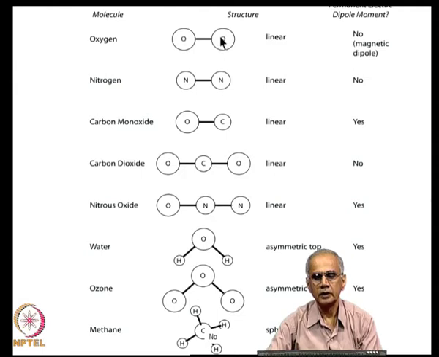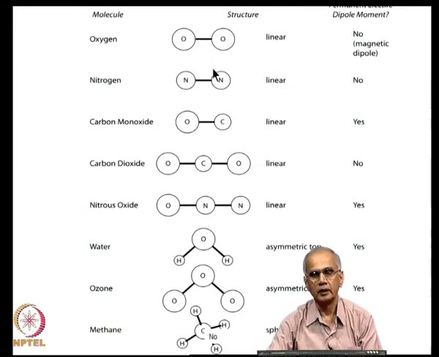Hence, they cannot interact with the electric field. So, you will not find any strong absorption bands of oxygen or nitrogen, because being linear symmetric molecules, they do not have permanent dipole moment. So, they do not interact with the electric field,